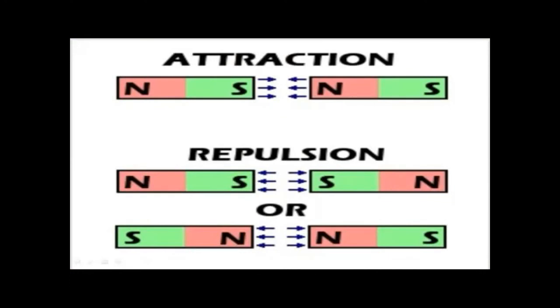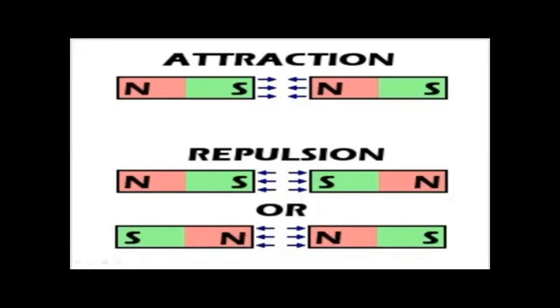So here are some rules. Same color poles repel. They both have the same colors, so they can repel. And for the opposite colors, they have green and they have red, so they can be easily attracted. Same color poles repel and different color poles attract. So student, what do different poles do? Yes, different poles attract. If the poles are the same, they repel each other.